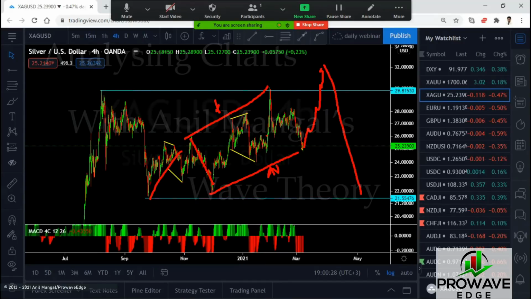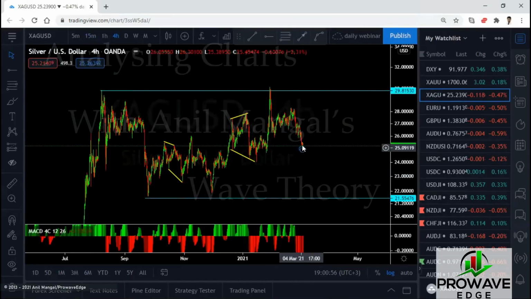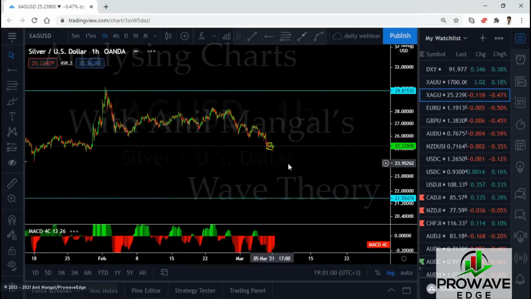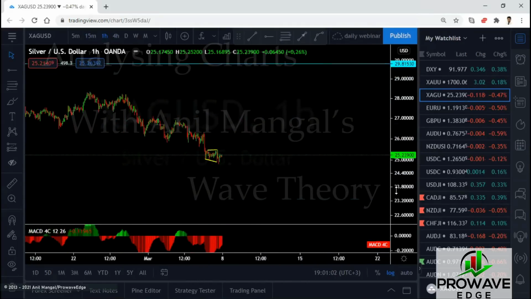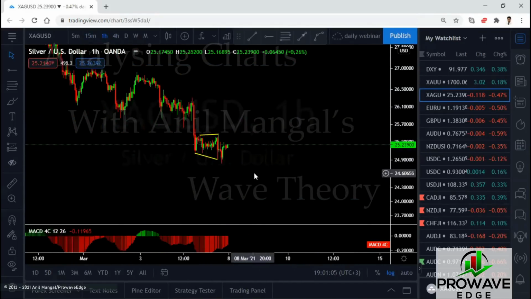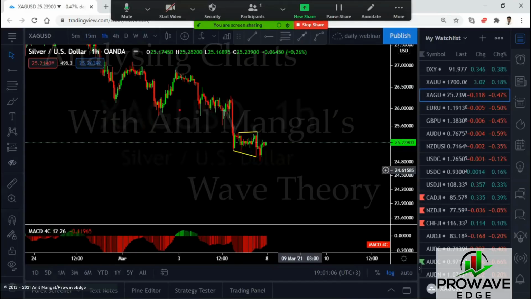There's about a 70% chance that happens. So what we will do is we monitor this piece here for the upside or for the continuation to the downside. Go in the 1 hour. Right now, they broke the low and they're coming back up. See? When you have a pattern like this and they break the low,